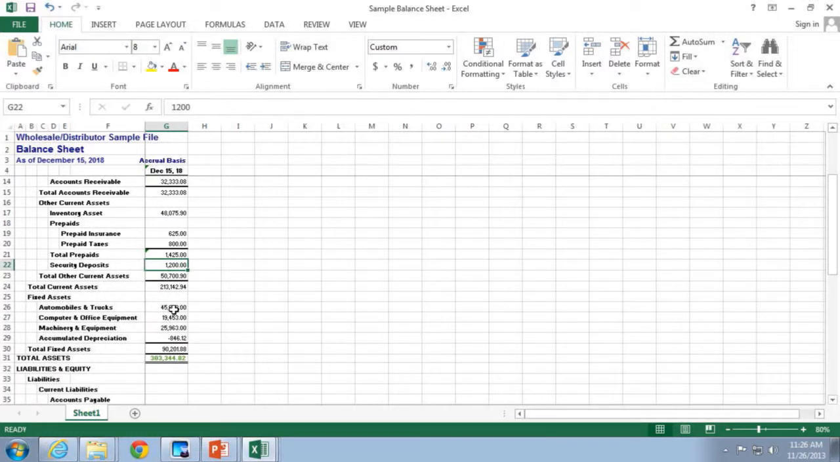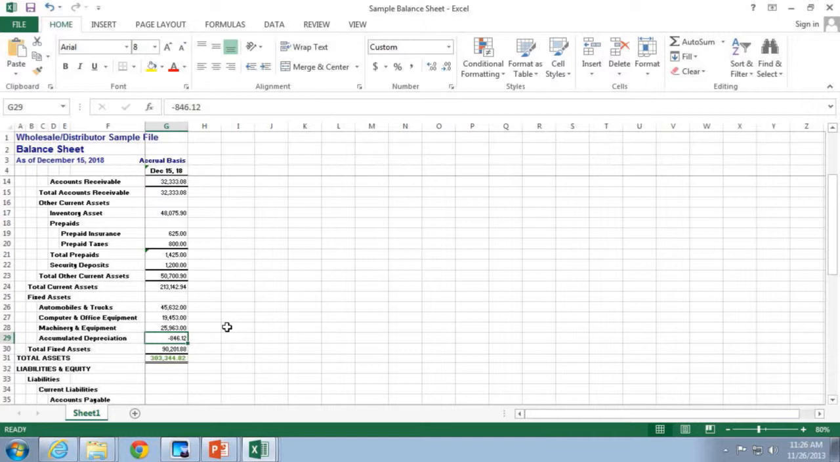Going down, you have your fixed assets. You have automobiles and trucks. You have your computer and office equipment, machinery, and then you have an accumulated depreciation. It looks like this accumulated depreciation, because it was so small, either it was the first year of depreciating and they've bought most of these assets in the current year, or there wasn't a proper entry booked from their CPA